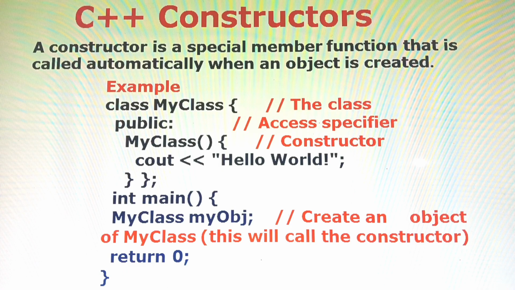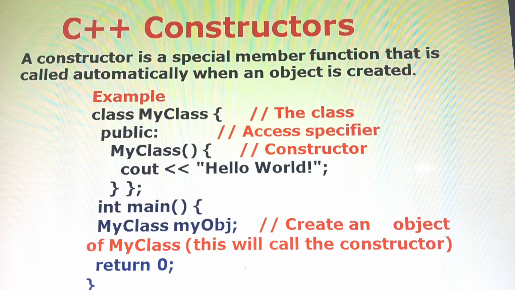Automatically, when we create the object, the statements given in the constructor are automatically called in the main program. That is the advantage of a constructor. Let us study one example program using constructors: how to use constructors in a program with the class and objects.